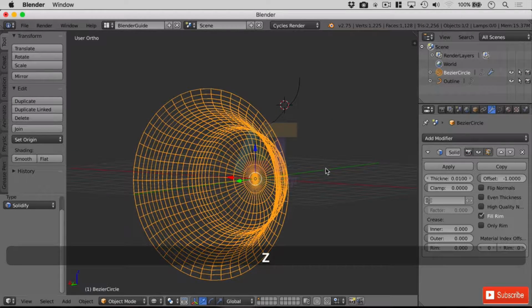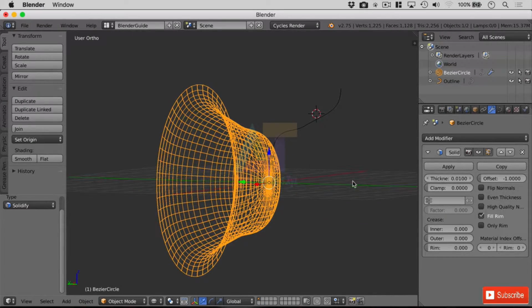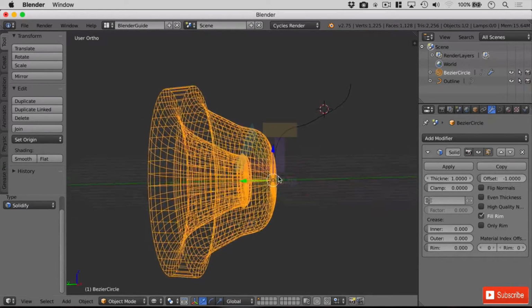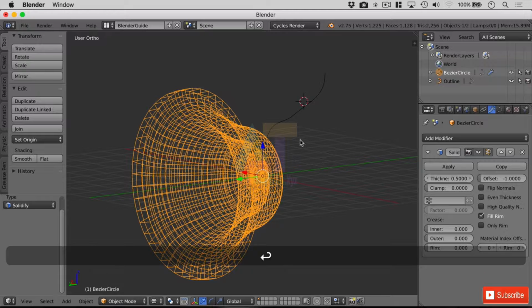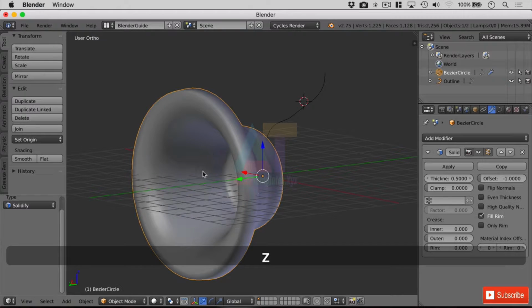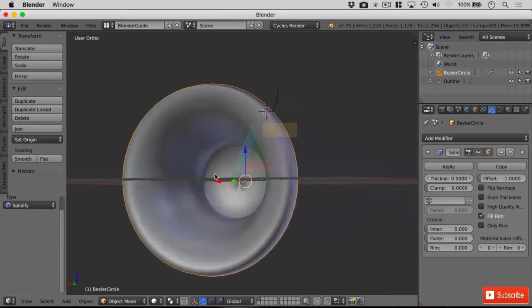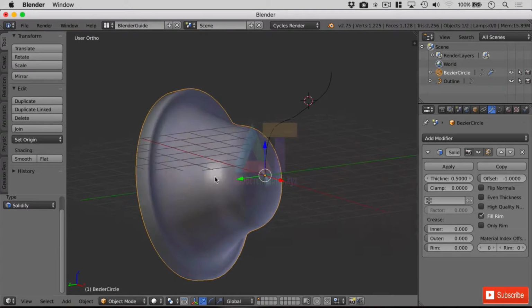And if we hop into wireframe mode, we can't see anything at the moment. That's probably because the thickness is very, very low. So let's have a thickness of 1, and oh, there we go, it's got a great thickness there. Perhaps 1 was a little too high. Let's go to 0.5, and now hop out of wireframe mode and just see what's going on. And that's absolutely brilliant. We actually want a hole in the back here so we can change our curve if